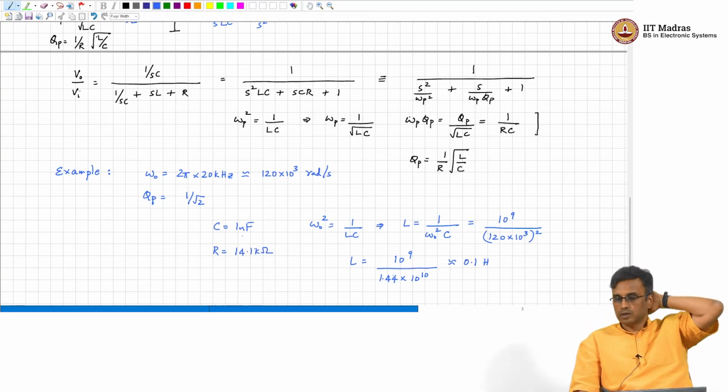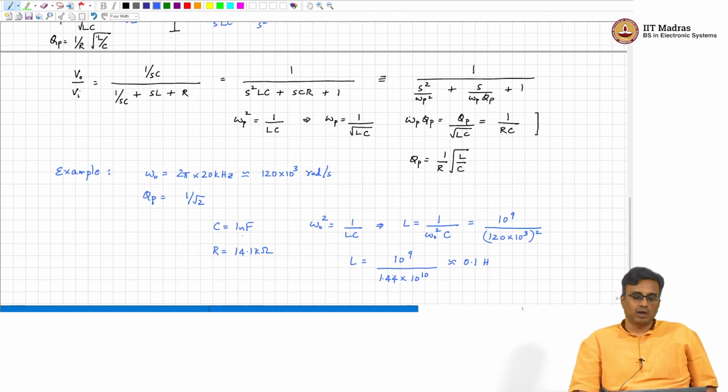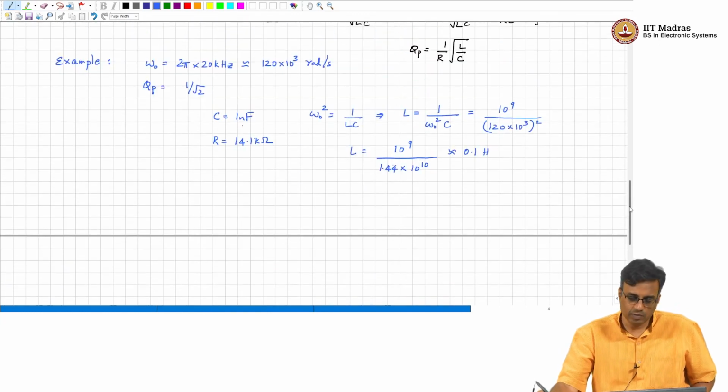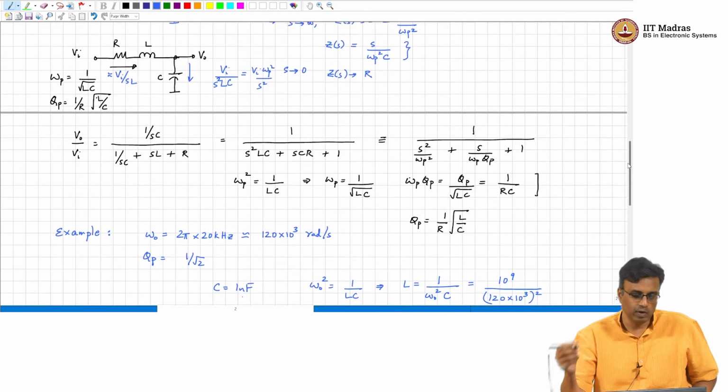Okay. So you can see that if you want to design, for example, a low frequency filter like the one here, which is a second order filter intended to cut off frequencies beyond audio, then you see that 1 nanofarad is actually quite a large capacitor, and the inductance needed is 0.1 Henries. Getting 0.1 Henries is actually very difficult. The inductor is going to be very bulky, so it is impractical. So with respect to second order filters, we have yet another problem, namely that the value needed for the inductor is very